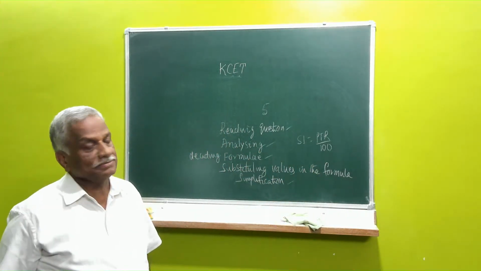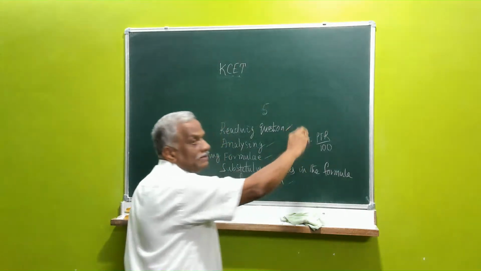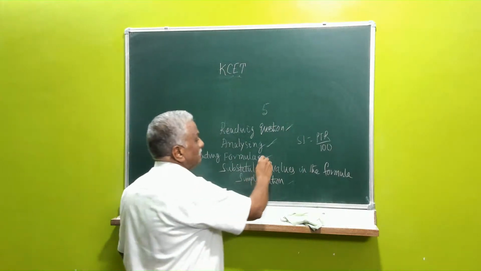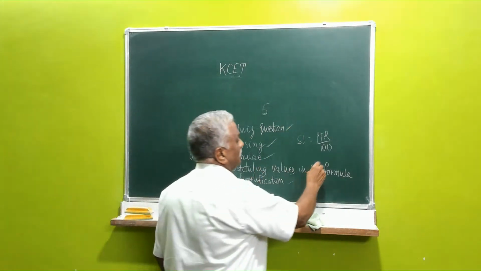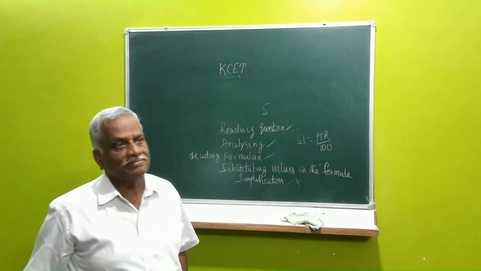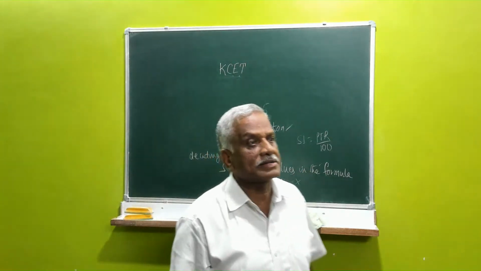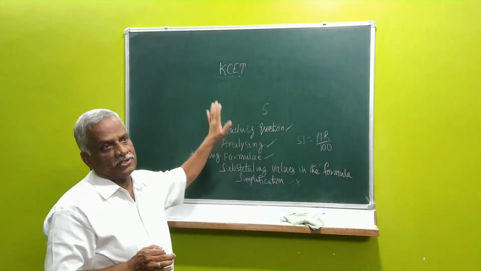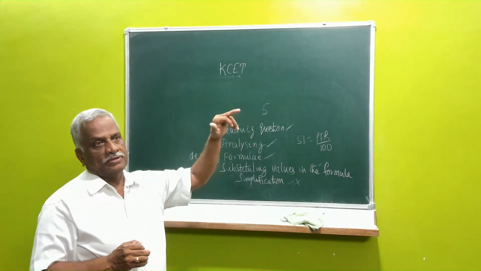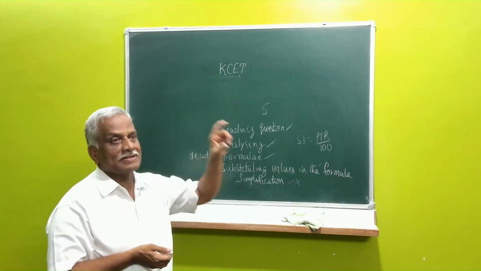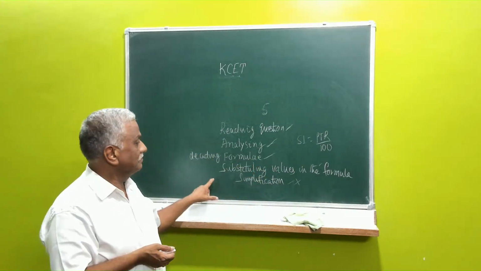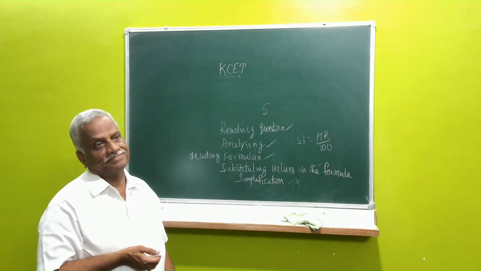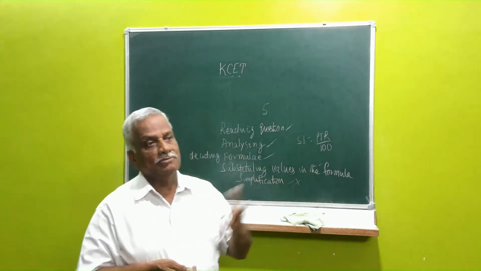See, in the public examination, you have read the question properly, you have analyzed the question properly, you used the right formula, you have substituted properly, and you have gone wrong in simplification, but you will still get about 80% marks. I repeat, in the public examination, if you go wrong only in simplification, you get at least 80% marks. You may get 4 out of 5.